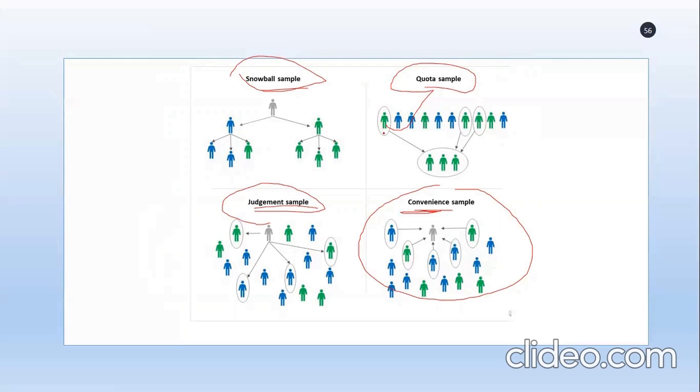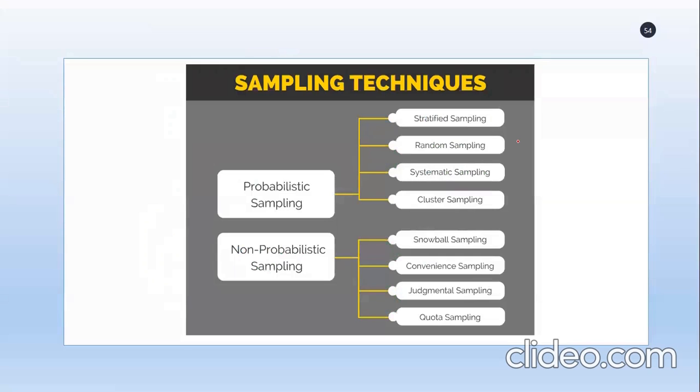For example, in quota sampling, the quota is given, so you have to select the sample from that particular data itself, maybe by age group or annual income. So based on that, you can take it as a base and go ahead with your sampling techniques. Okay, coming next towards